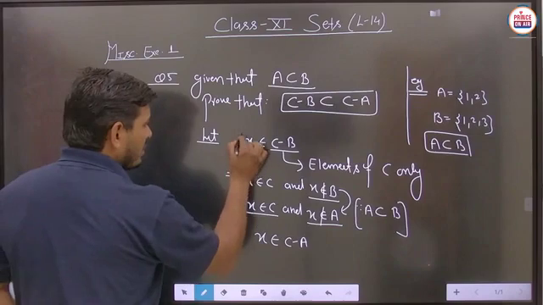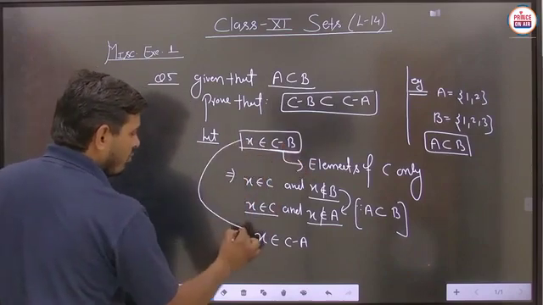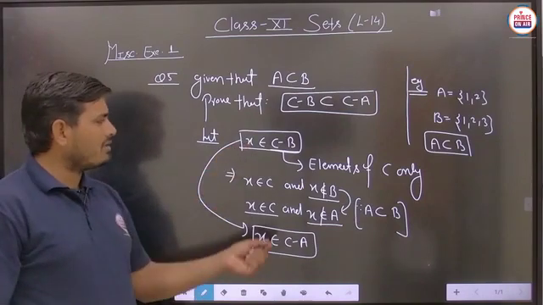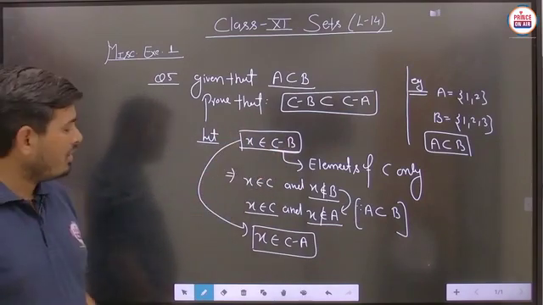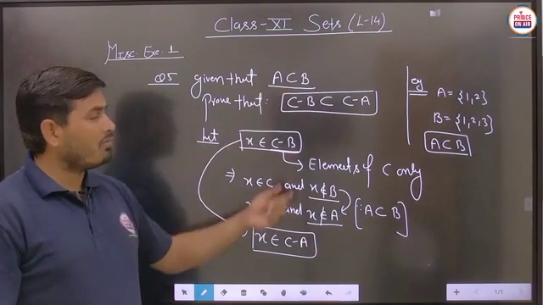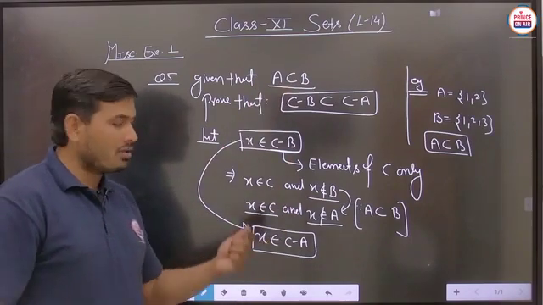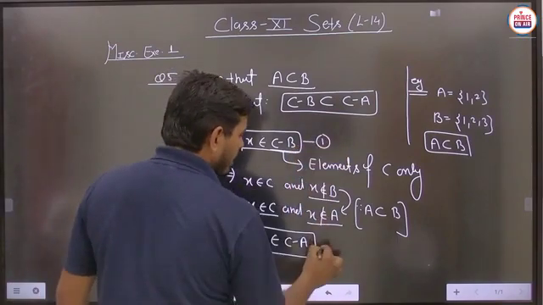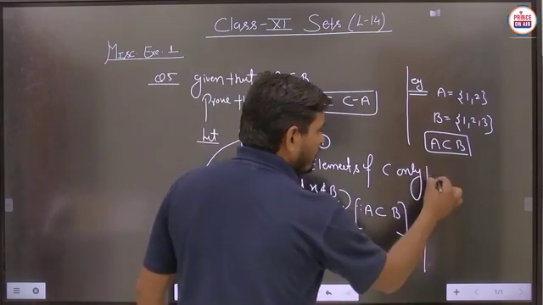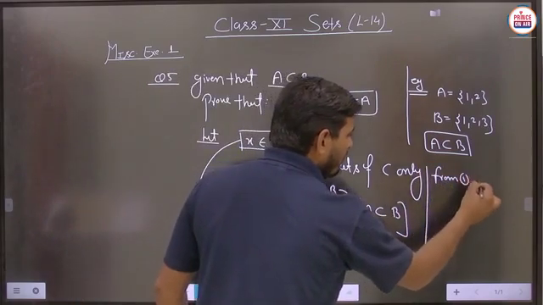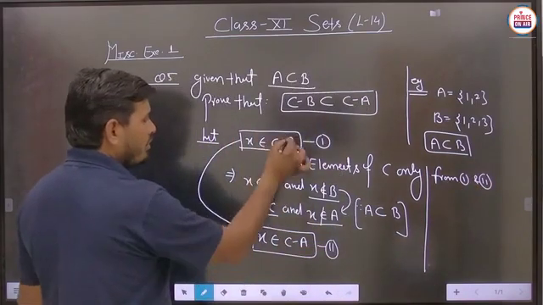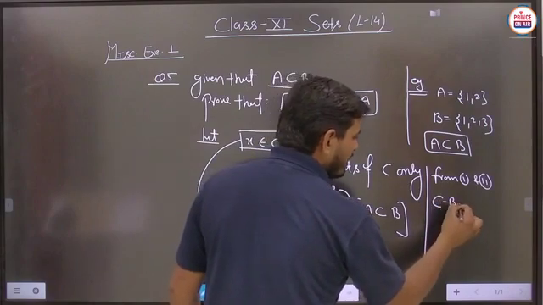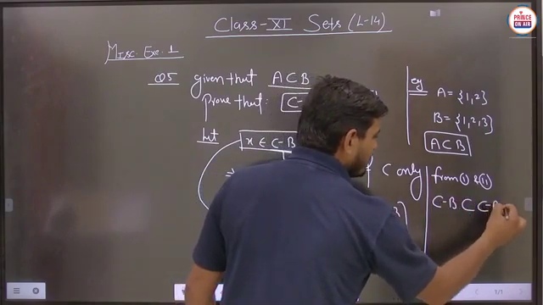Now we are taking this condition, and on behalf of this part we are just proving this condition. So you can say that this particular x is an element of C minus B initially, and after the calculation and after simplifying the given conditions, we are getting the result x belongs to C minus A. So from the first and second, suppose this is an element of C minus B and this is also an element of C minus A. So you can say that C minus B is a subset of C minus A.